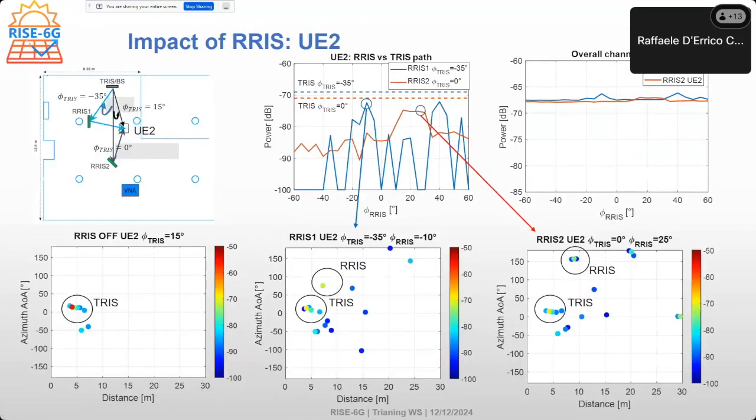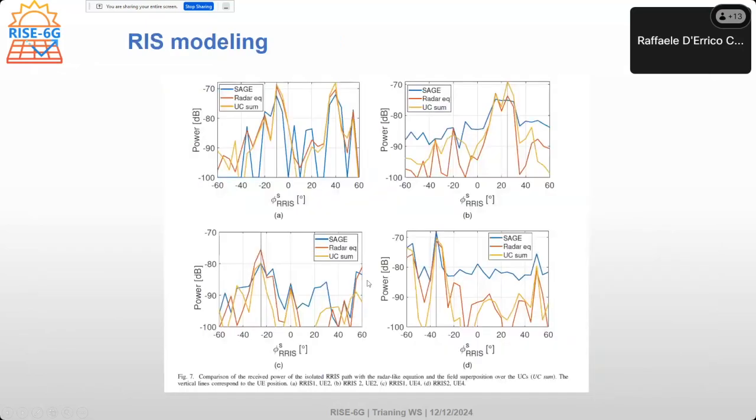And what we show here is that, of course, in such a rich scattering environment, the RIS-related path is one among the others. So we really needed an investigation on how the multipath is distributed. But what is interesting is that we proved that this reconfiguration of the channel happens in distance, angle and amplitude as we would like to have. And then, we'll skip this slide because I'm out of time.